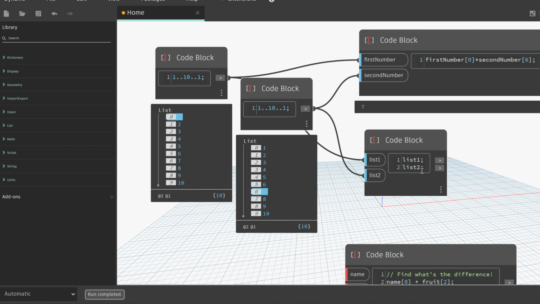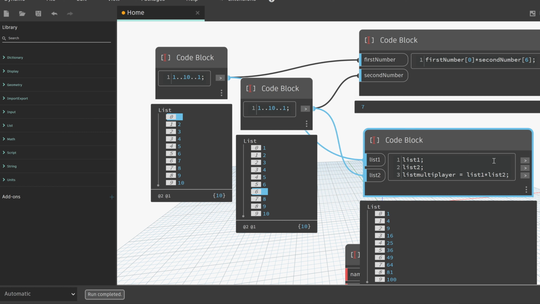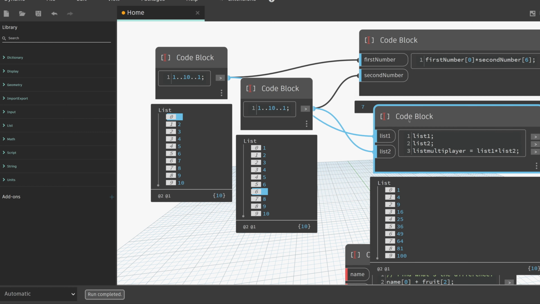Okay, we have the lists, and if we want to combine them, let's say list multiplier equal with list 1 by list 2. Okay, so right now what we have here, we have